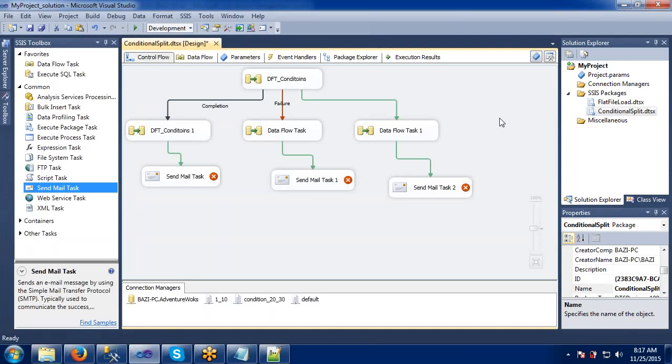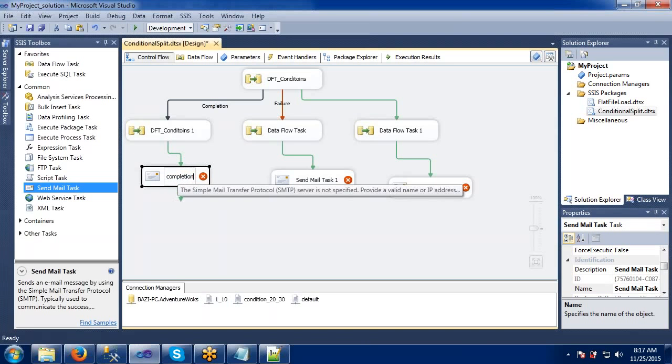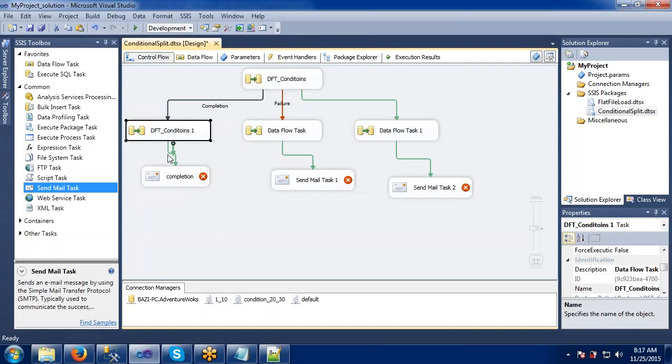Once our task is completed, whether it is a success, a failure, or a completion, we have given three different send mail tasks here. One will send a completion mail, meaning once this task is completed we will get some mail here.